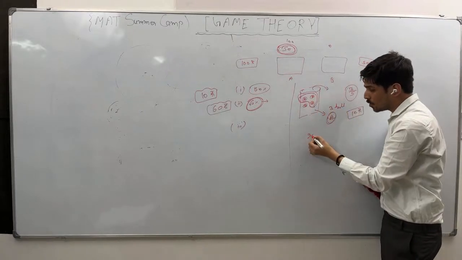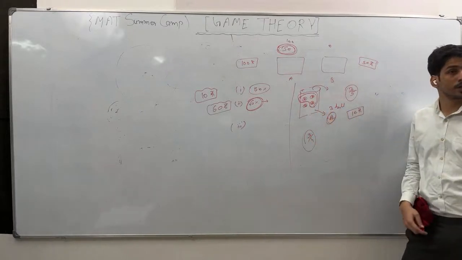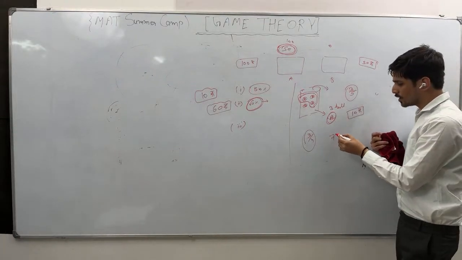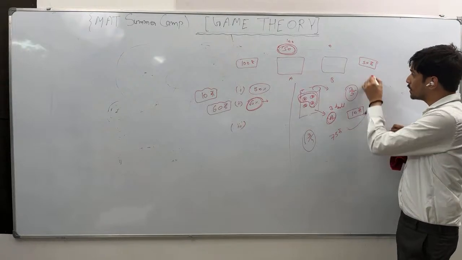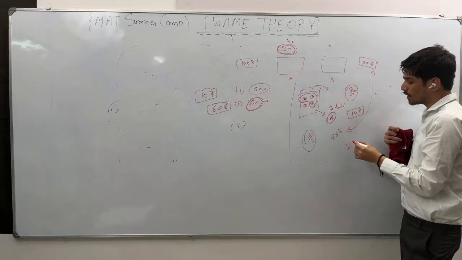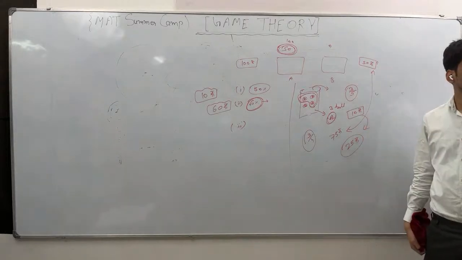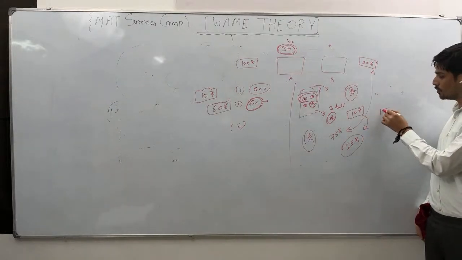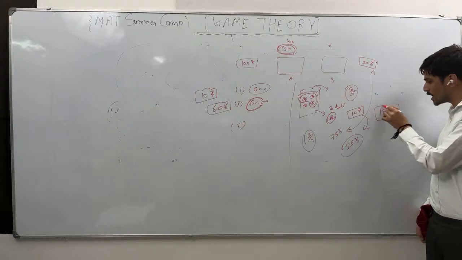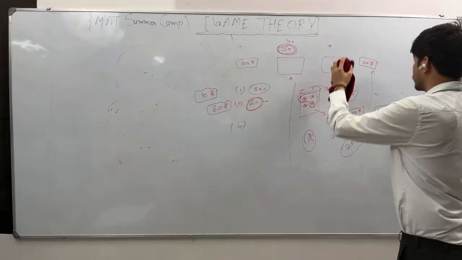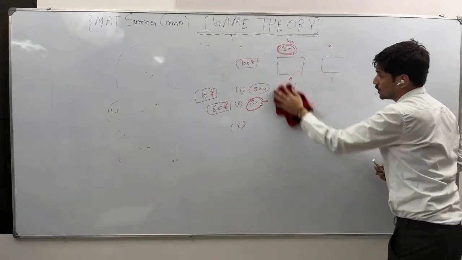If you see here, how much chance you have? 3 by 4 means 75 rupee, right? You subtract 75 minus 50, 25 rupee. But you can't afford to give 25 because you already lost 10 rupee. So 25 minus 10, what will be? 15 rupee. So next time we are able to give 15 rupee only. Clear? Okay. So let's move to the next problem then.